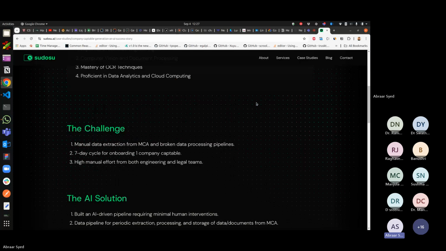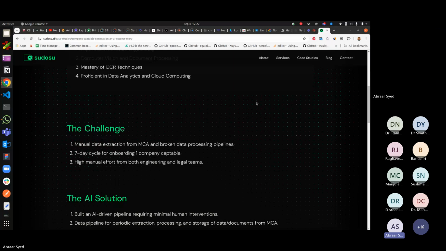So there's this company called Rule Zero. Basically, what they do is every time a company raises a round of funding, a cap table is generated. Now, what was happening is that for one company's cap table to be generated, it required at least 7 lawyers to sit on that data and extract the data, probably from MCA, which is the Ministry of Corporate Affairs, and generate that one cap table. Now imagine doing it for all the companies, and this company was providing an equity management platform for all the startups around India.